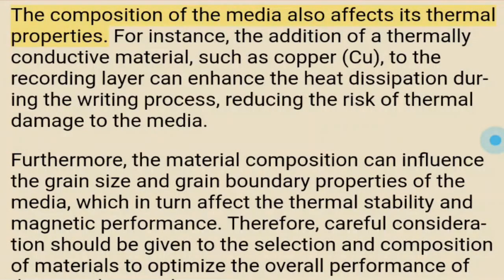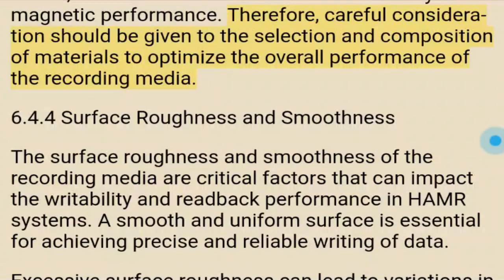The composition of the media also affects its thermal properties. For instance, the addition of a thermally conductive material, such as copper (Cu), to the recording layer can enhance the heat dissipation during the writing process, reducing the risk of thermal damage to the media. Furthermore, the material composition can influence the grain size and grain boundary properties of the media, which in turn affect the thermal stability and magnetic performance. Therefore, careful consideration should be given to the selection and composition of materials to optimize the overall performance of the